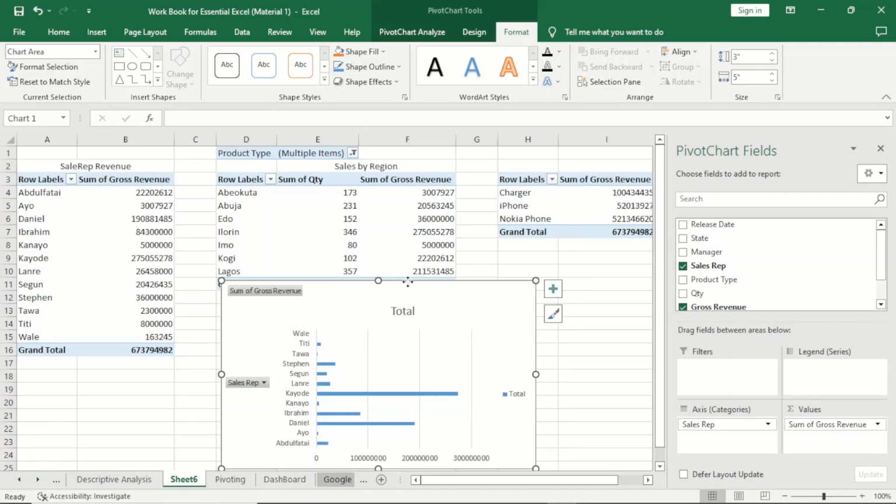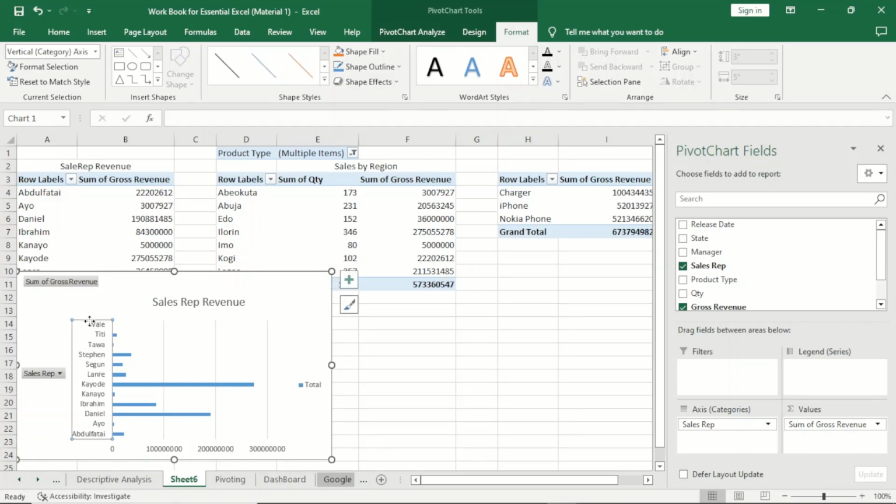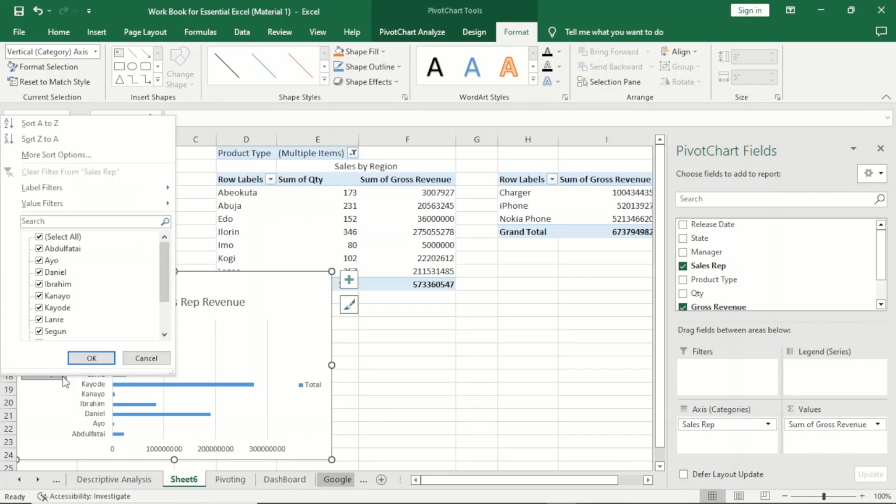So you have this for rep. Let's rename this. You click on the total. Let's rename it sales rep revenue. I'm going to delete this intentionally. You can actually leave it. Okay, let me even leave it. Let me just remove this